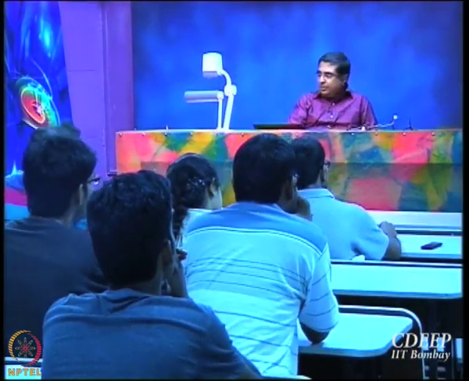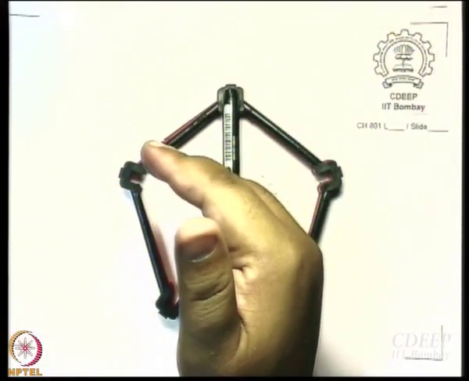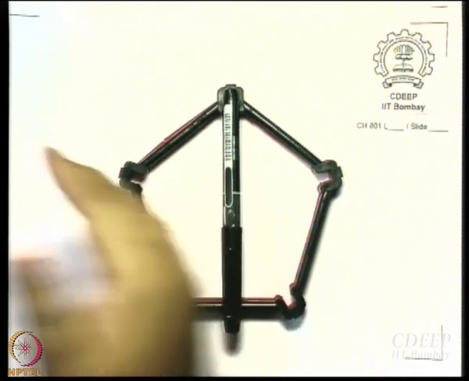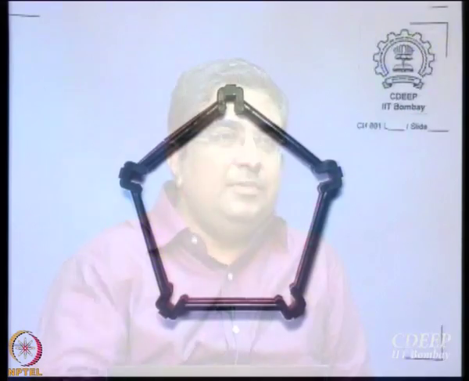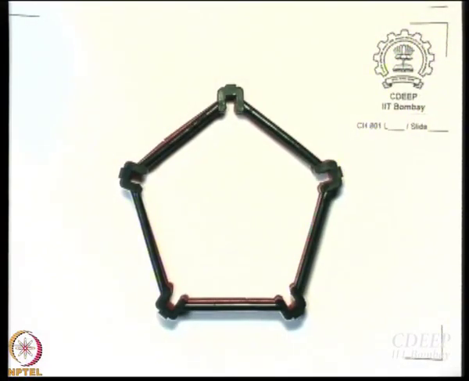Okay, what about planes? Two kinds of planes. First, we can say sigma d. What is sigma d? This is sigma d, right? The vertical planes actually, but they are going to bisect the angles between the perpendicular C2 axes, so we call them dihedral planes. And we are going to have a sigma h also. Where is sigma h? Yeah, passing through the ruthenium or ferrous iron, whatever it is, and parallel to the rings. That is sigma h. Right?